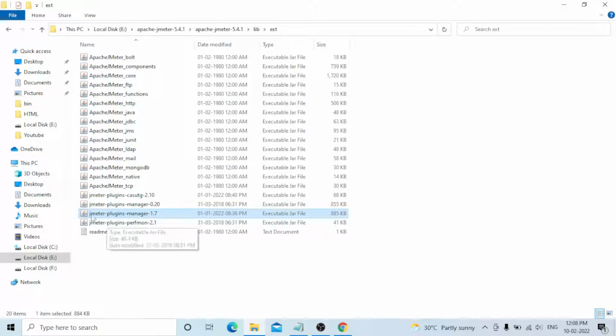You can see this is the JMeter plugin manager 1.7, and this is the second one, JMeter plugins CASUTG 2.10. Both I have already updated. It's done. This is the first way, guys. You need to download and you need to add. And the second one,